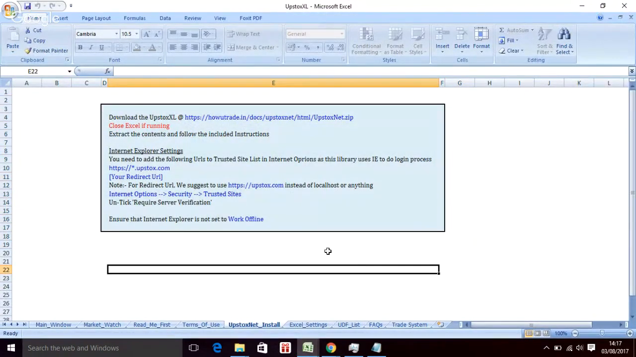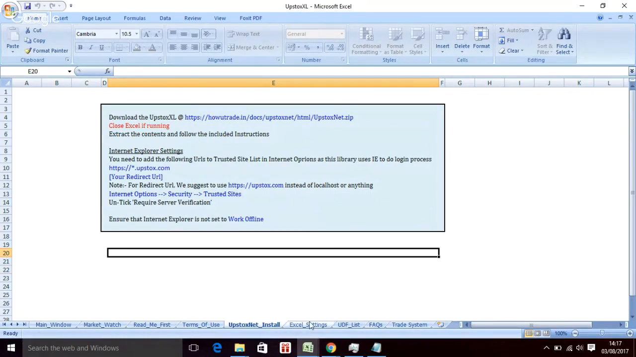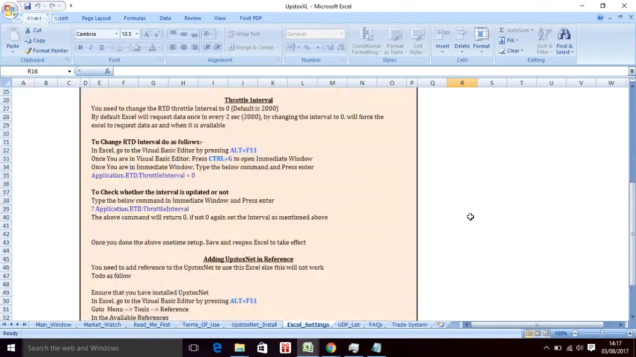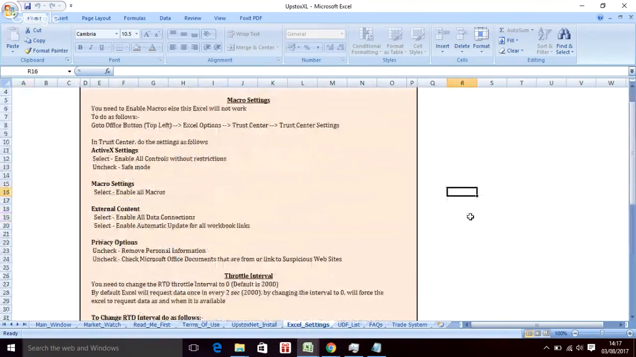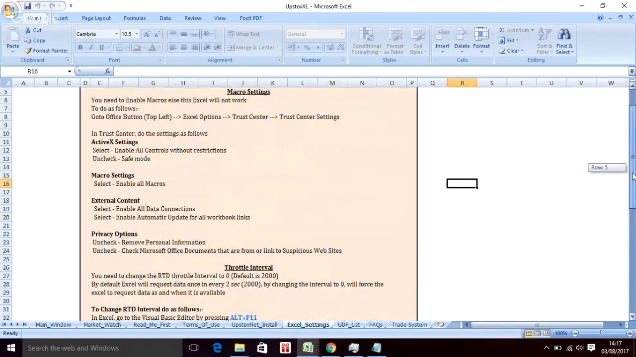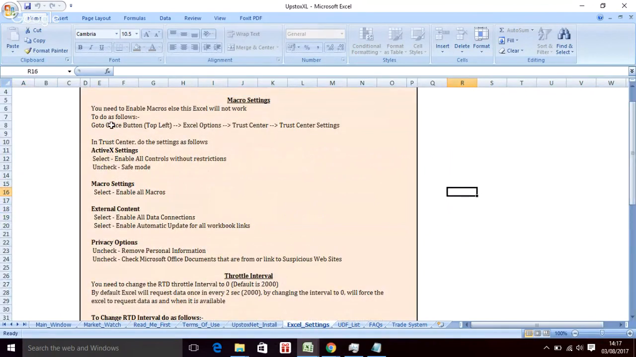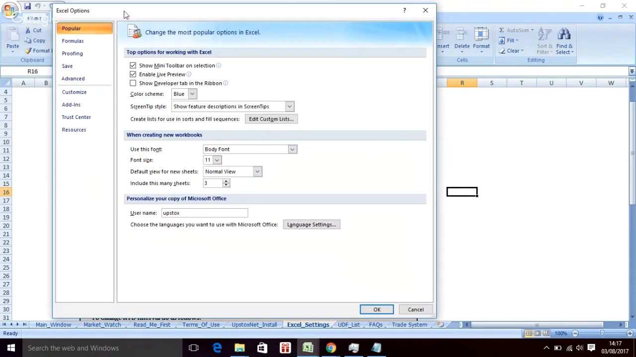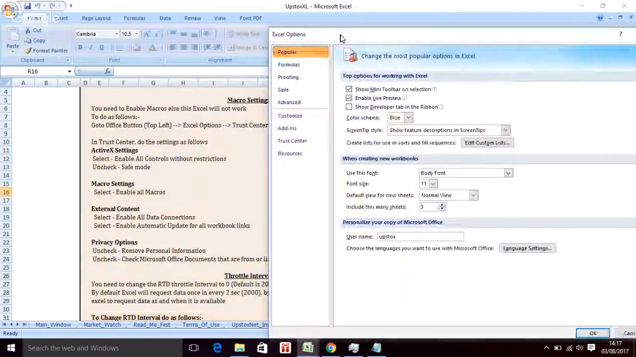Now we are almost at the last step. This is my last step, which is nothing but Excel settings. These are some settings that you need to actually do. By the time I do these settings, I will show you how it is done. You need to go on this office button. After going to the office button, you need to click on Excel options. Once you go on this Excel options,